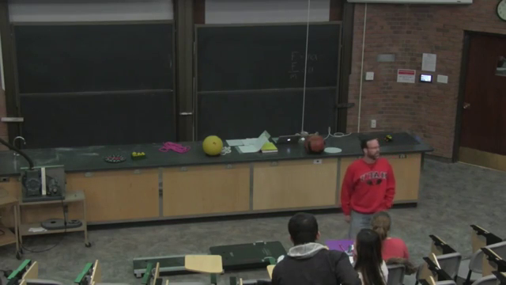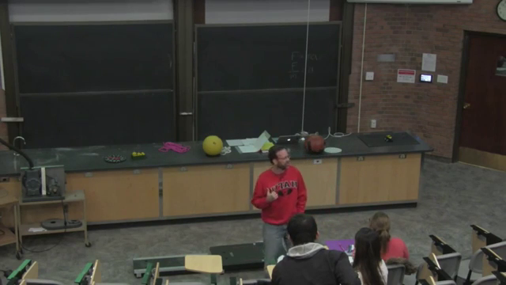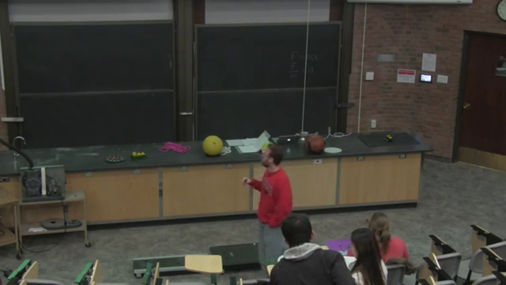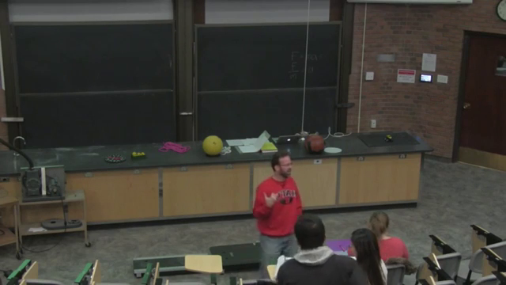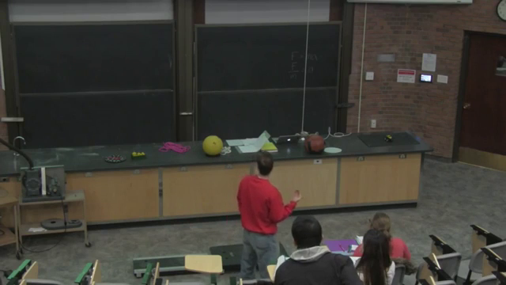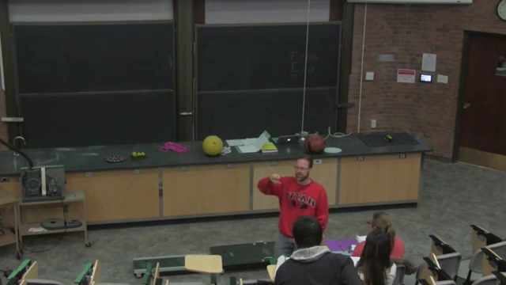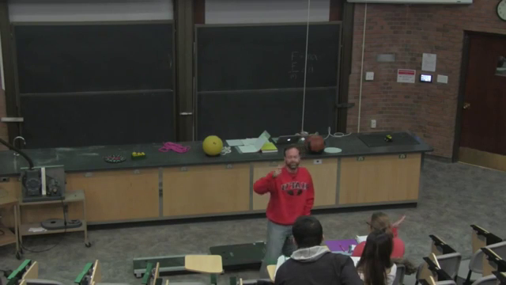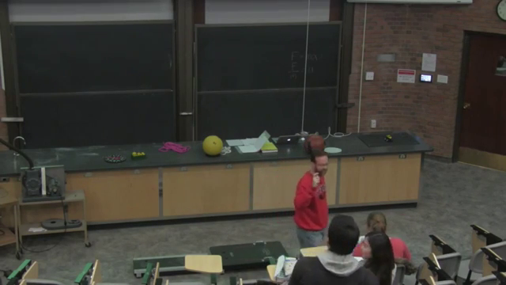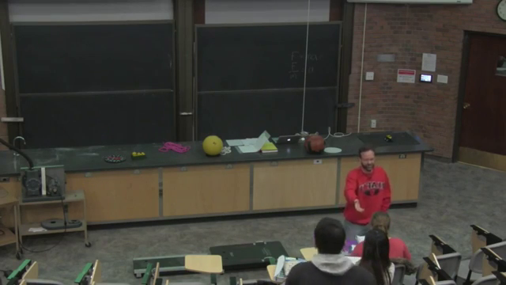From what I can hear, it sounds like, in the last response, most of you are debating between C and D. What I see different between C and D now is, C is the force of gravity is the same, and D is the acceleration is the same. That's the force over mass ratio. So you have to decide which one of those is the same, or which one's different and rule it out. Well, last time you said the force is not the same, the acceleration is the same.